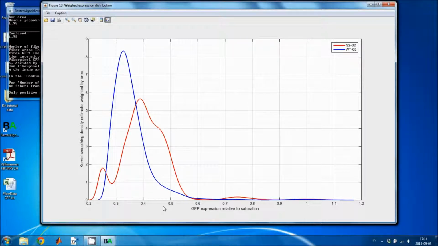Here we have the fluorescence intensity inside the fibers. And this plot is weighted by the fiber area. So a big fiber will contribute more to this than a small fiber. And that can be reasonable, because then you're looking at the tissue and not the individual fibers,